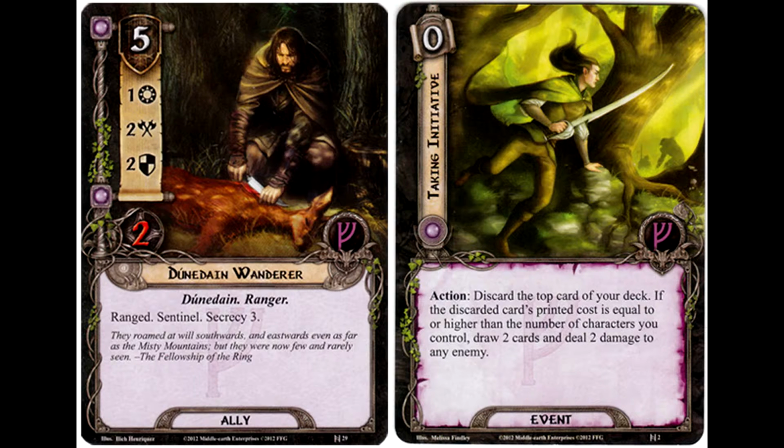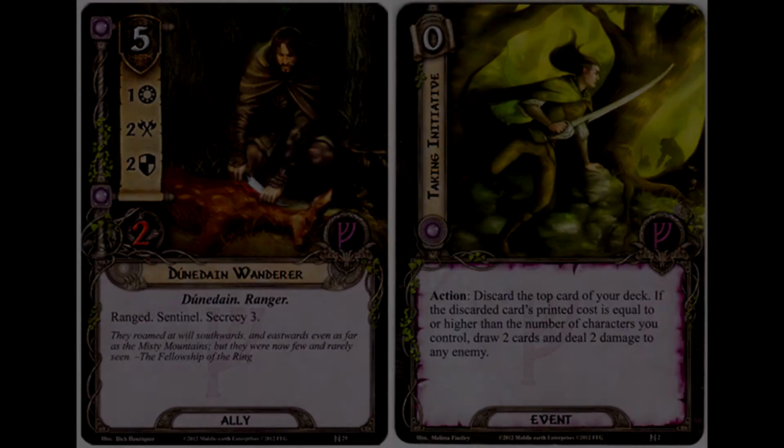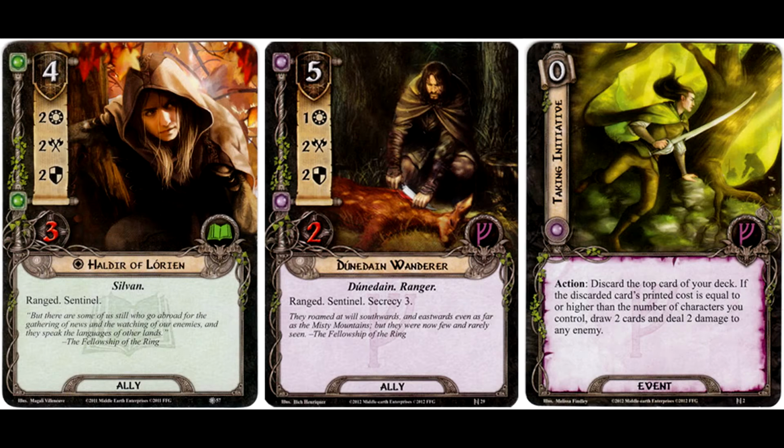Yeah, it's funny that Taking Initiative was the first card that comes to your mind, Mitch, because the first card I thought of was Haldir, who also is ranged and Sentinel. Though our Dunadan Wanderer here has 1 less willpower and 1 less hit point than Haldir and costs 1 more resource. So I would say if you're one of the tens of people out there in the world that plays a secrecy deck, this is probably an auto-include, because if you're paying only 2, I think this would be a pretty darn good ally. Otherwise, as you just mentioned, if you aren't playing secrecy, I can't imagine why you would include this character in your deck